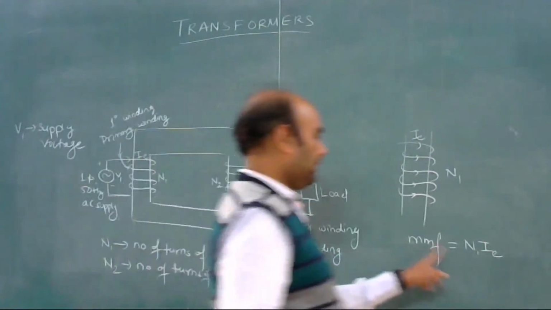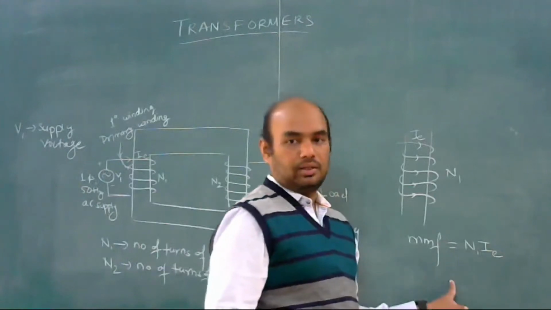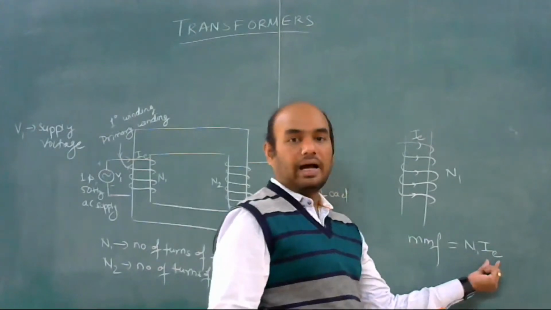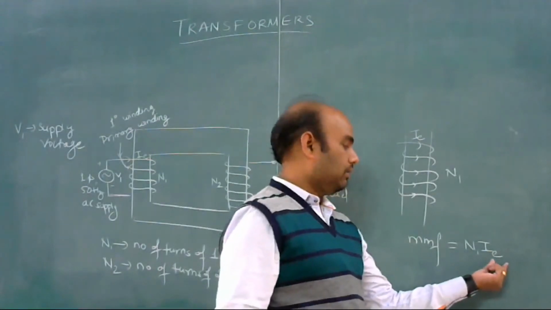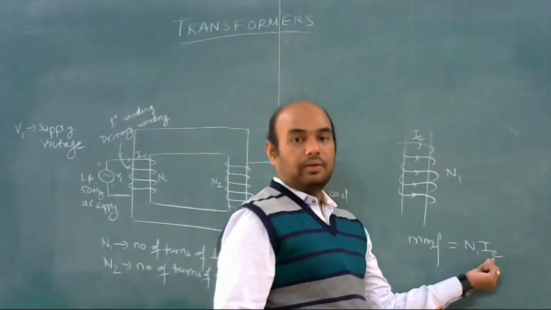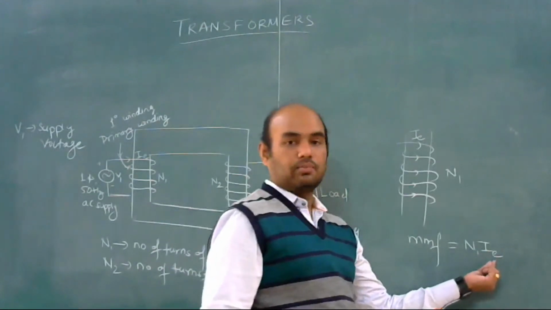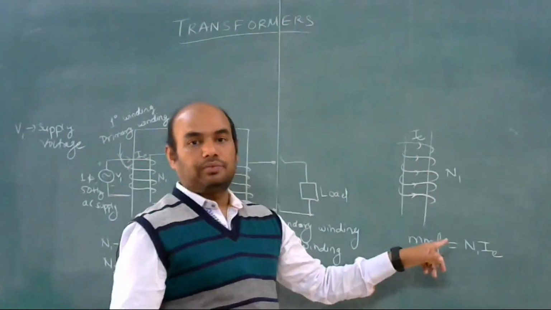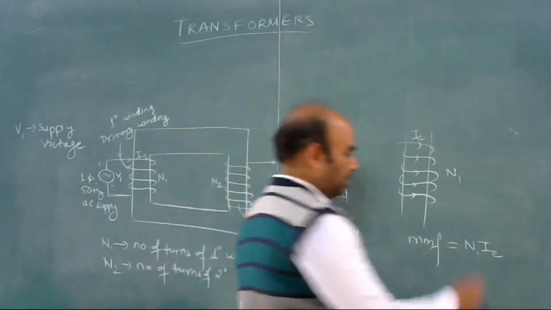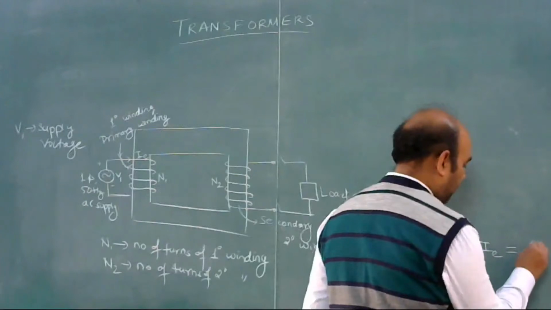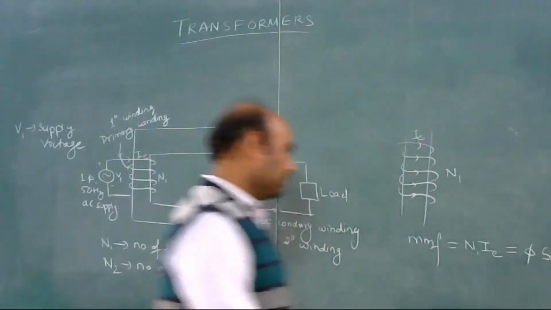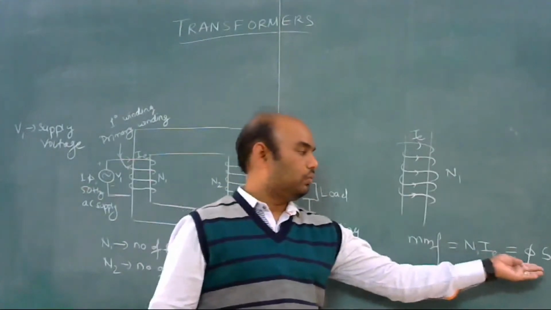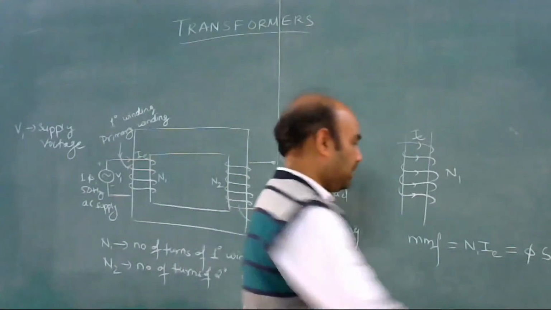So MMF is equal to N into I. You require N number of turns. Here there is N1 and current I is IE, which we are referring to as the exciting current. This is used for exciting the primary of this transformer, and this will produce the flux, phi into S. So this is the formula: MMF is equal to N into I is equal to phi into S, where phi is flux